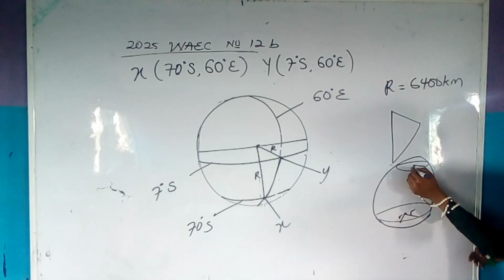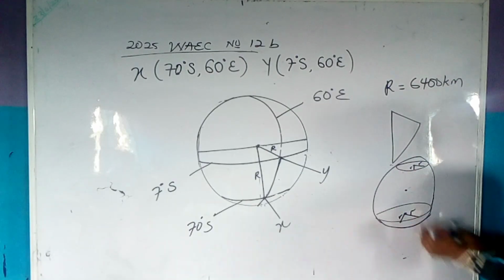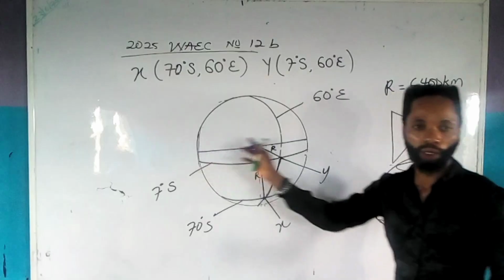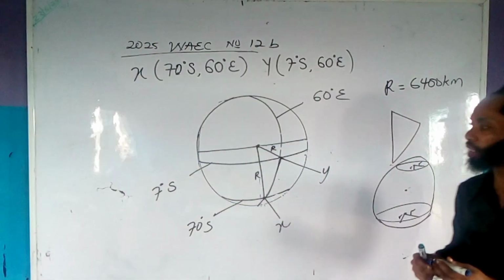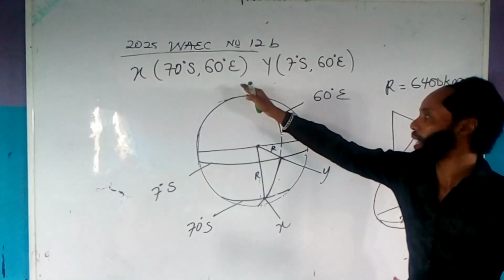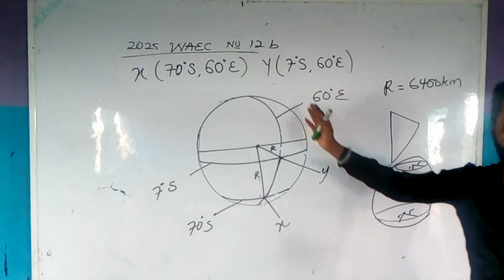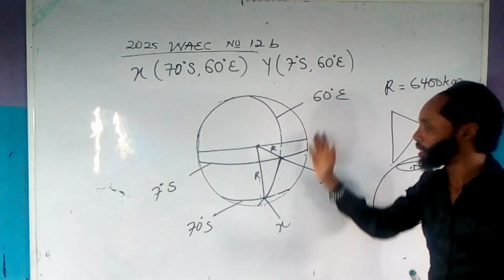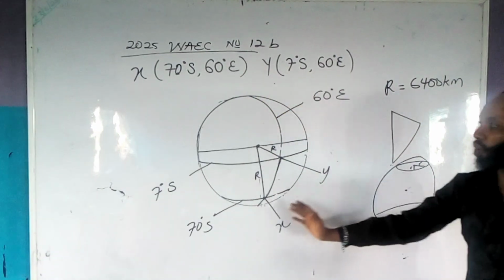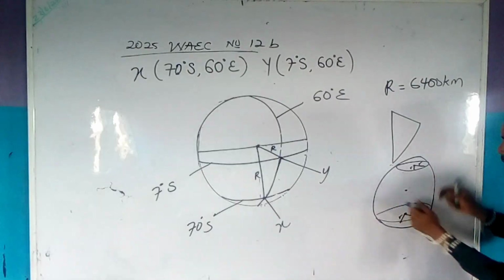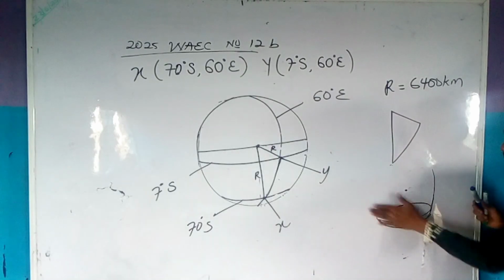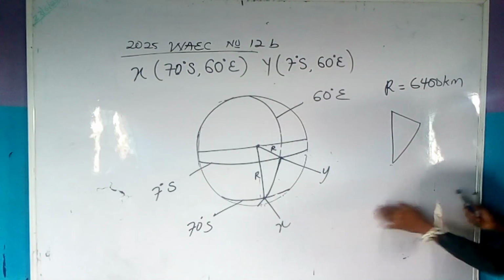At any point along the latitude, it will be small r, except at the equator, the midpoint. It is only the equator that has the same size as the longitude. All the longitudes have the same size. Let me show you something. If the circle,